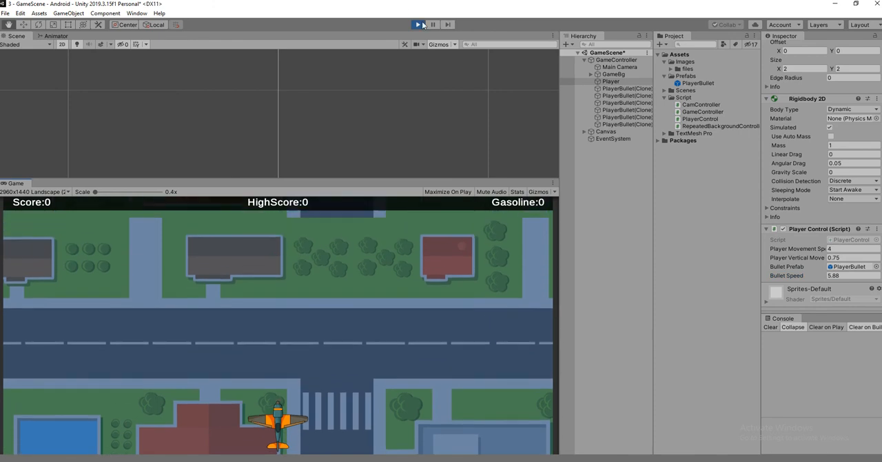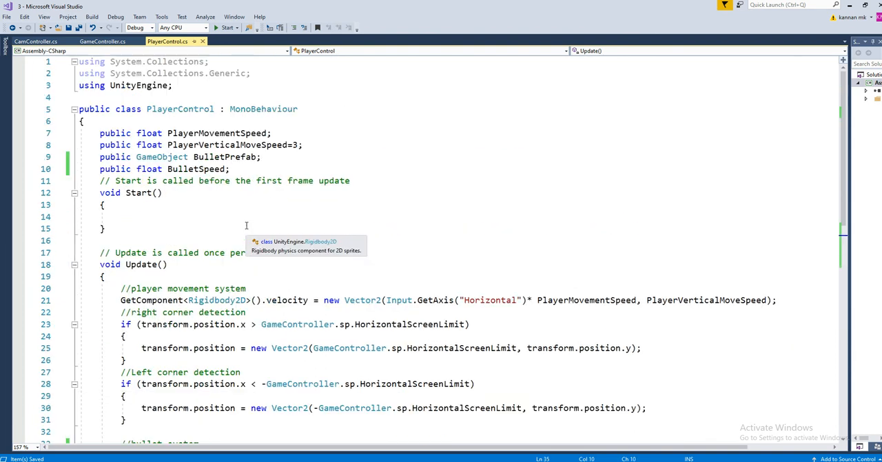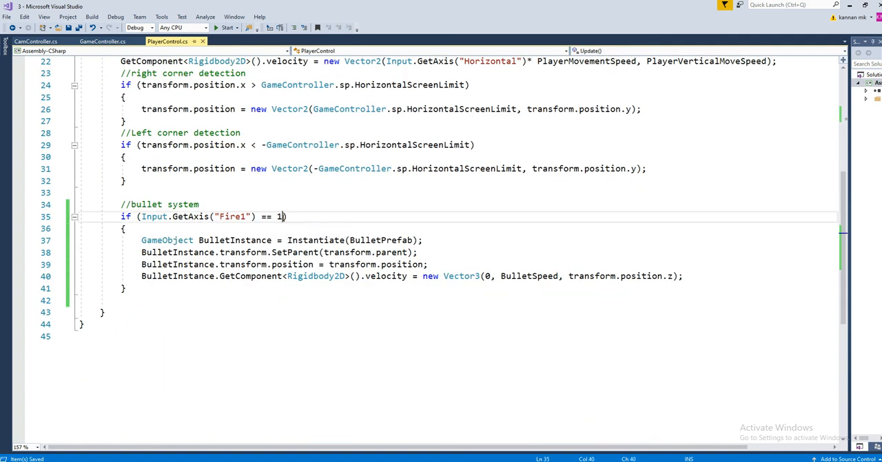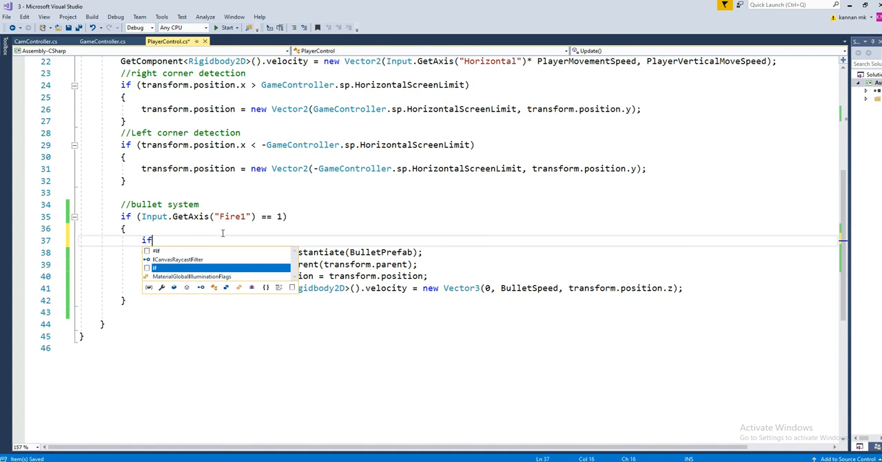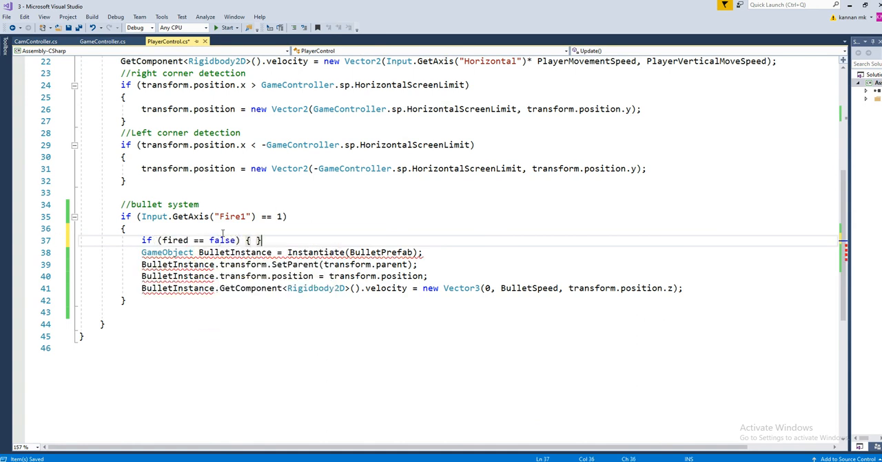Okay, this is fine, but we want to solve that issue that only one bullet needs to be fired at a time once the user is hitting the right mouse button. So let's create a boolean variable called fired. Let's make it false, and then with the input axis we are going to add this: if fired equal to false, then it is allowed to fire,